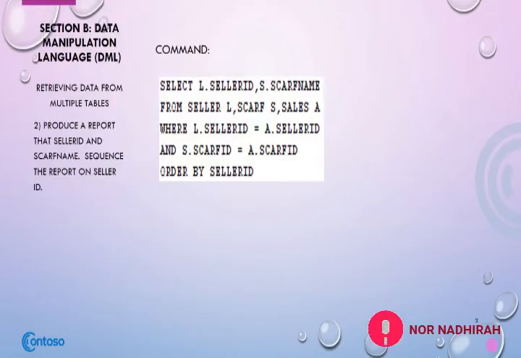The second question is, produce a report that shows seller ID and scarf name. Sequence the report on seller ID. The command is select L.seller_ID, S.scarf_name from seller L, scarf S, sales A, where L.seller_ID equal to A.seller_ID and S.scarf_ID equal to A.scarf_ID, order by seller_ID. So the output is